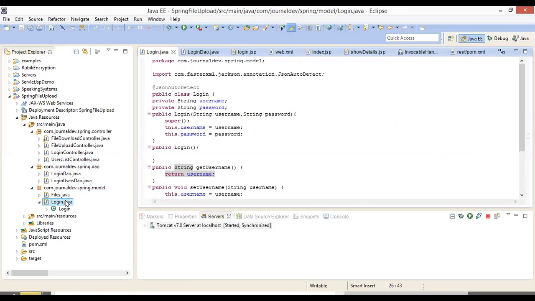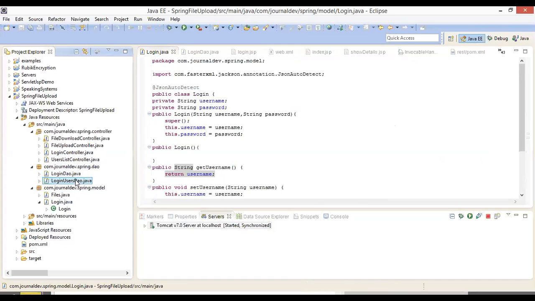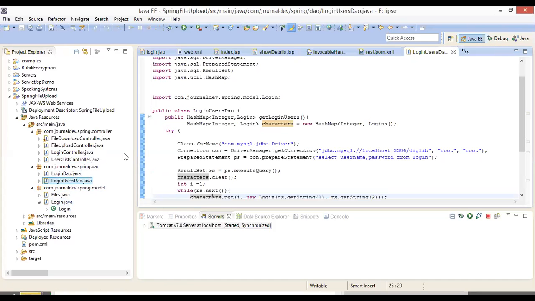Here I am not using explicit views like HTML, because I don't want to show my data as HTML or a text file. I want to show that only as a JSON text output. So login has both model and view. Data access object is required for accessing the database. And what is the third one that you need? Controller. You need a controller, user list controller.